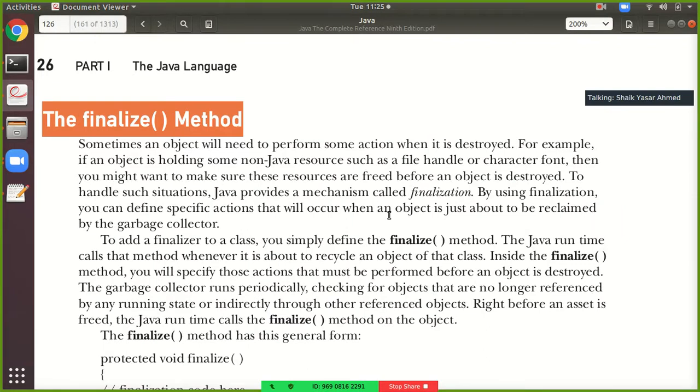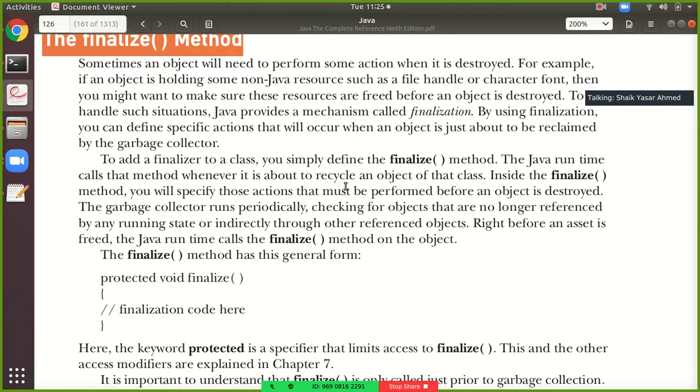Now the last one is the finalize method. It is also very simple. Before garbage collection destroys any object, if there are some actions to be implemented, those will be implemented first. After that is done, the garbage collector will destroy the object. For example, I think you have learned file handling in C language.